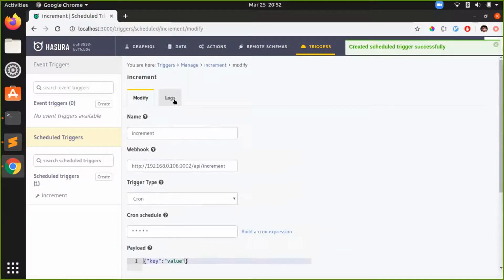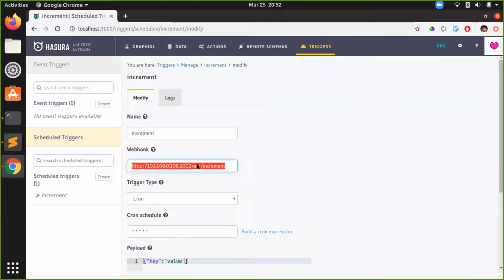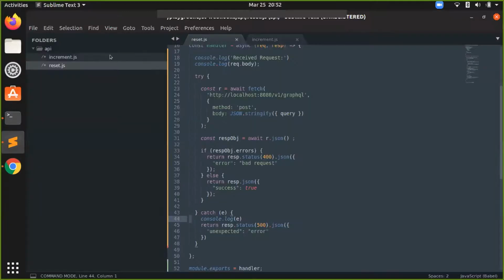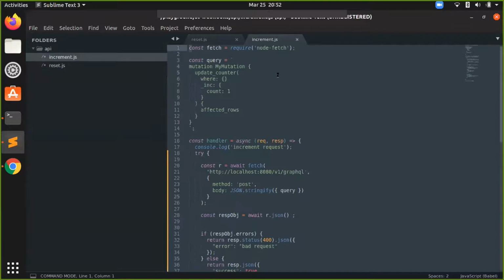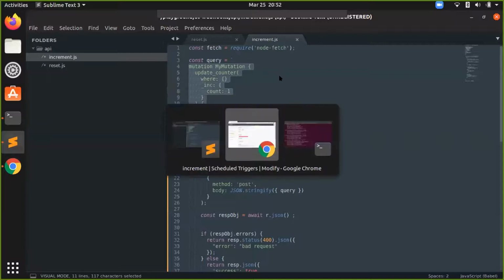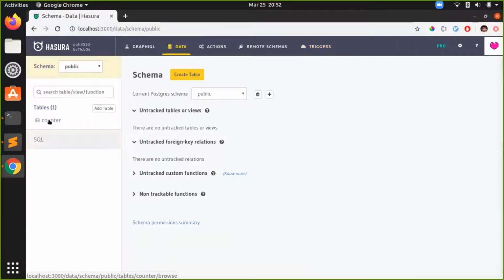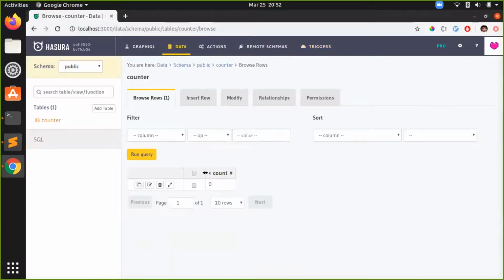What this actually does is, let's look at this webhook. This is the increment webhook here, and it receives the request. It makes a GraphQL query to Hasura to increment a field in a particular table. I already have a counter table here which has the count value set to 0.